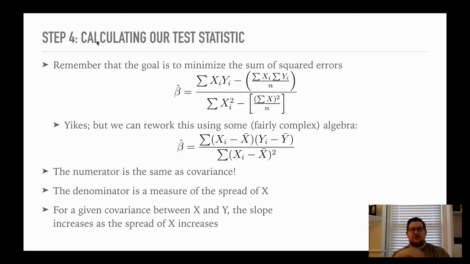The bigger the spread, or as the spread of x decreases. Sorry, I really should have made that clear. So if you have a relationship that looks like this, but then you compress that x-axis, that thing's going to go like this. If you just push them all together, that line's going to get steeper. Right?